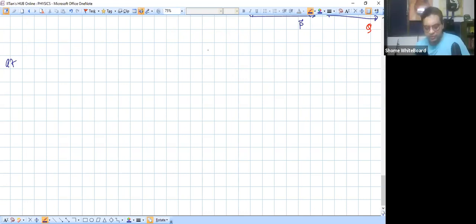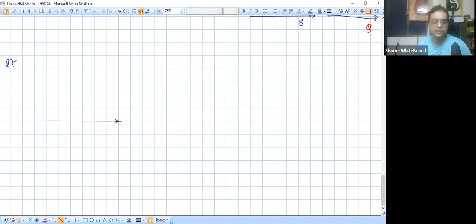So question 7 is saying if P and Q are at an angle of 150 and the resultant sum is perpendicular to P, then the ratio of the magnitudes is how much? So two ways of doing this. One is we can use triangle law. If we use triangle law, or for that matter, even parallelogram law, we can understand it this way.